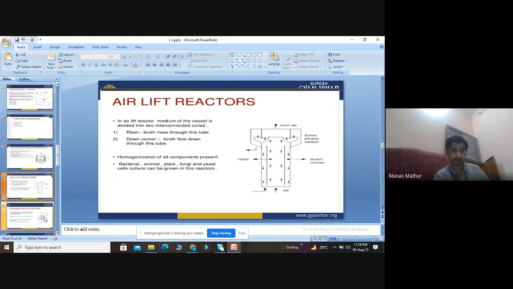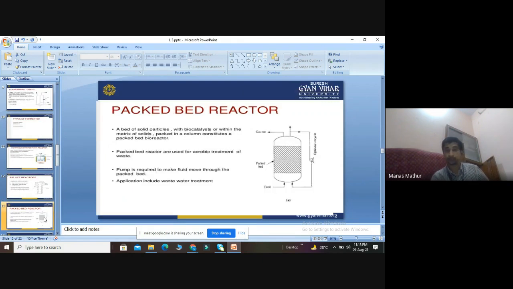Then we discuss the packed bed reactor. All things are packed. Gas is there, space is there. It is made up of solid particles, which act as a biocatalyst. It contains a solid matrix so that there is no leakage of air. They are used basically for aeration purposes, mainly applied in the field of wastewater treatment to control BOD, COD, conductivity, pH. Mainly secondary water treatment, activated sludge treatment.